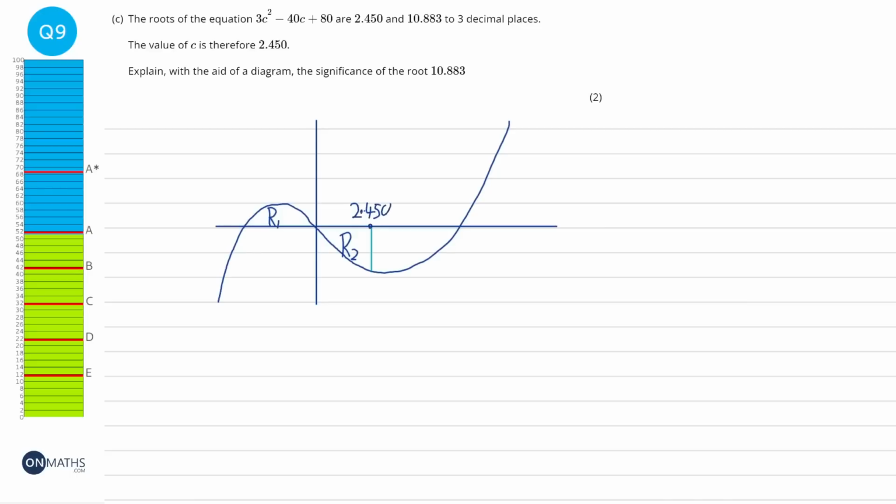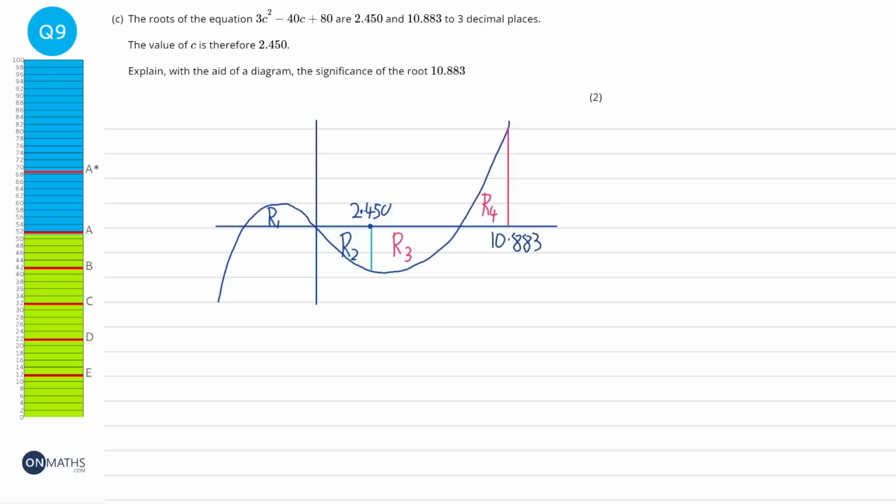It's just the value of c. But we have two answers. So where do we get the second answer from? Well, we know that when an area is under a curve, it's negative. And so because this has another section under the curve and another section above it, the point at which, and we'll call these, I don't know, R3 and R4, the point at which those two areas are the same will also give us the same area as R1. And so that part there will be at